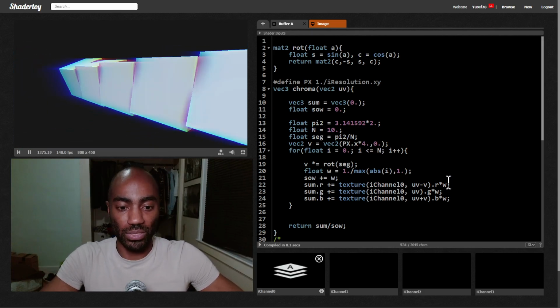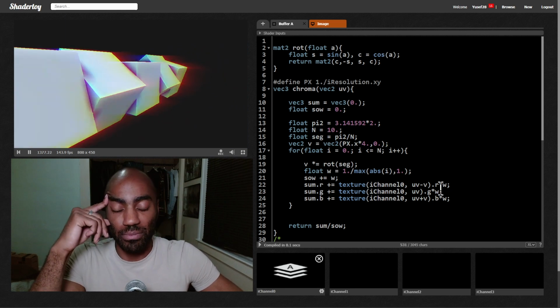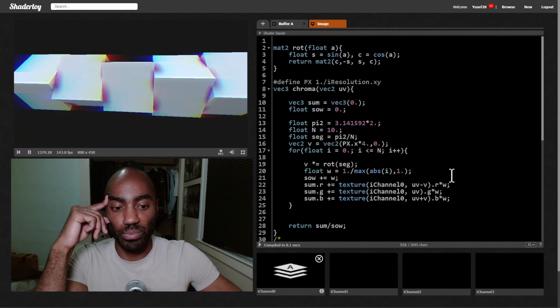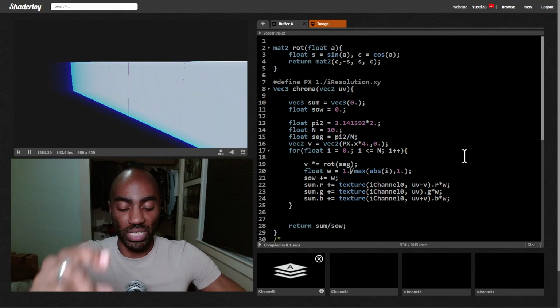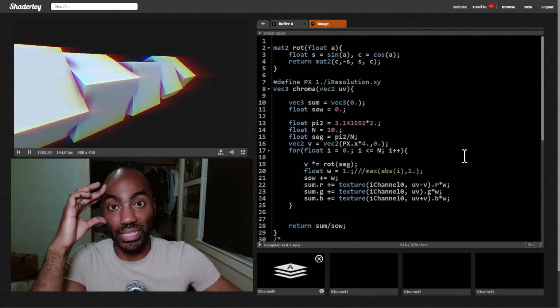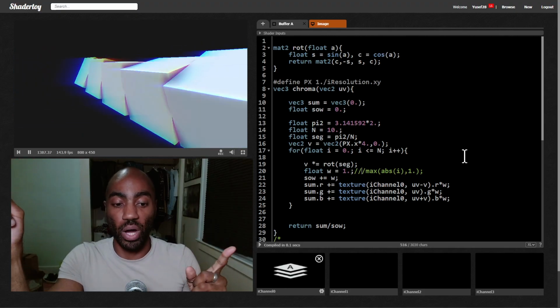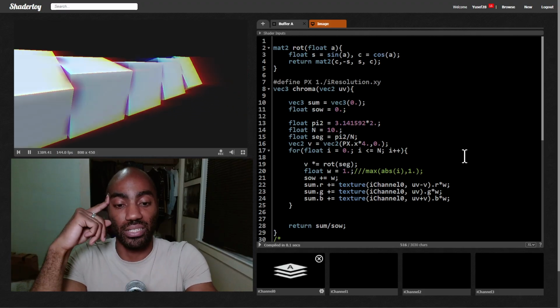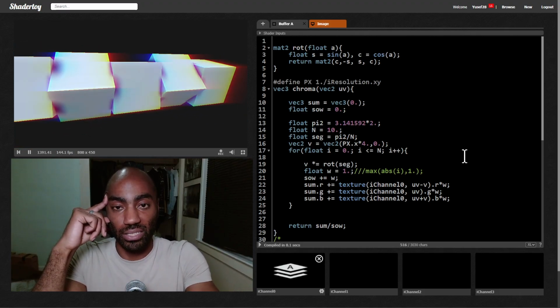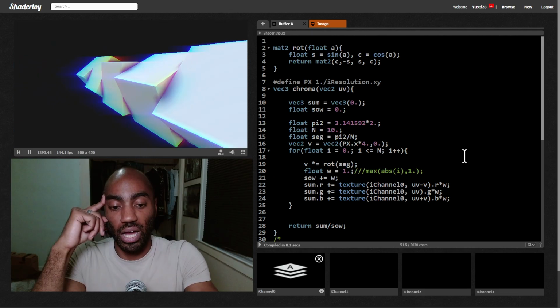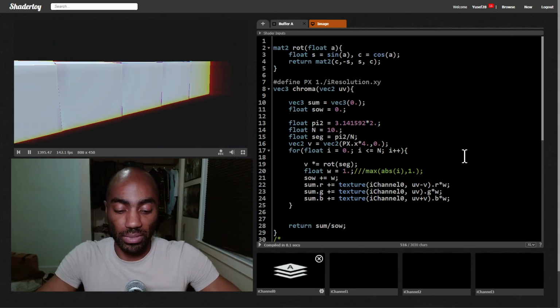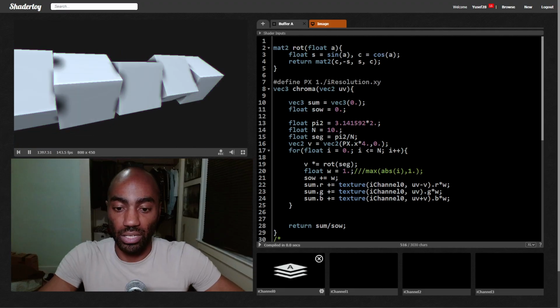So now what's going to happen to the weights? Well, the weights will be the same, because the length is the same, and the length is what is creating the blur. So the length is 1, so we're adding 1 to the sum of the weights each time, and then everything else should be the same. Let's see what it looks like. Okay, I'm seeing